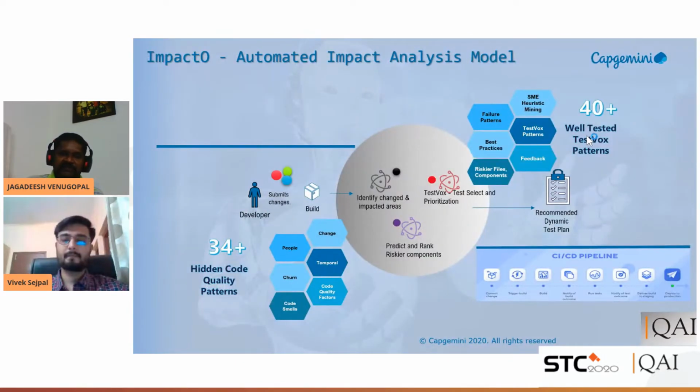So with this challenge, how is Impacto, as we call this automated impact analysis model, going to help with continuous automated impact analysis? Let's consider this, right? We have a build, with a number of changes coming into the build. The model consists of three major parts. The first model identifies the changed and impacted areas. The second model is the riskier code prediction model, which identifies which files are a hotspot. And the third